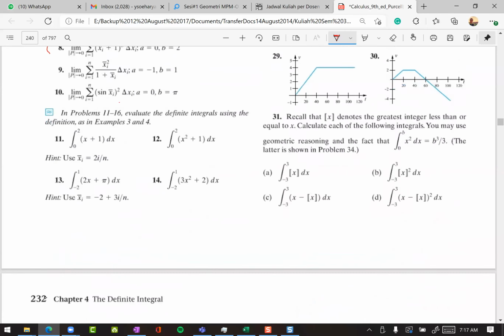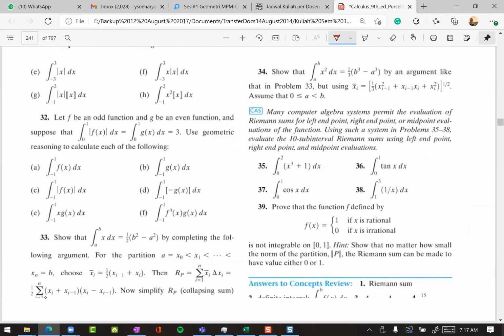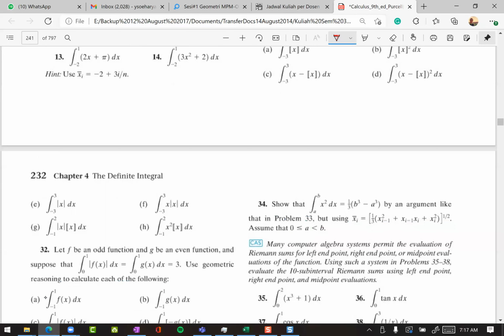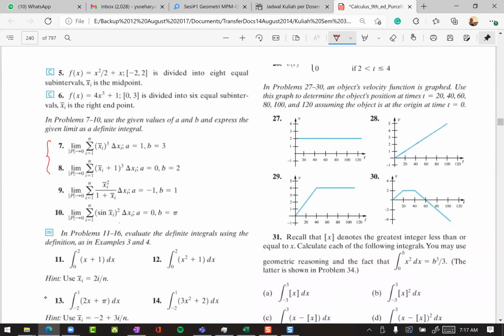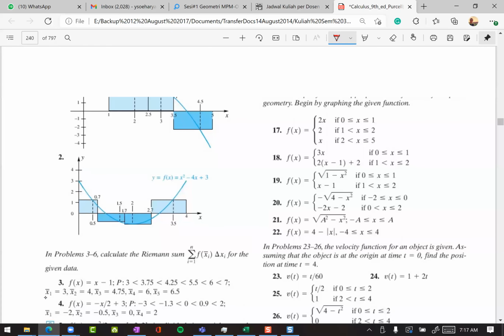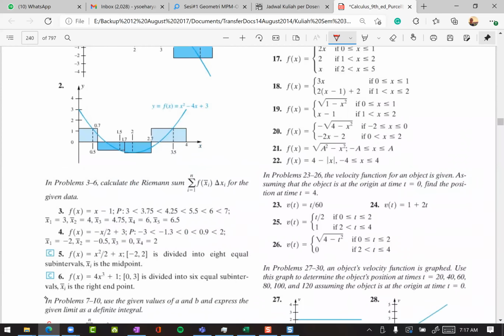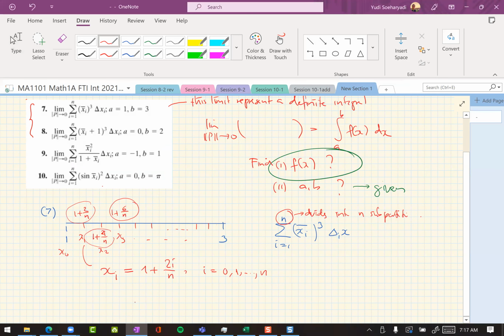Let's try to find out what x bar is. Okay, so this is just